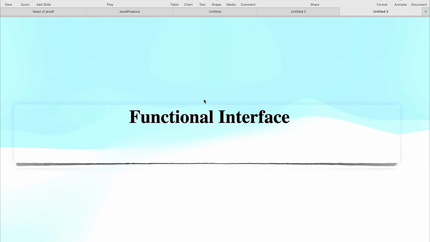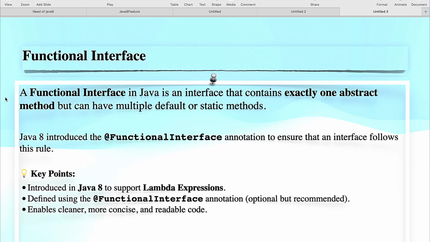First, we will see what is a functional interface. A functional interface in Java is an interface that contains exactly one abstract method but can have multiple default or static methods. Also, Java introduced the FunctionalInterface annotation to ensure that the interface follows this rule. This rule means it should have exactly one abstract method, then multiple default methods and static methods. So this annotation ensures that the